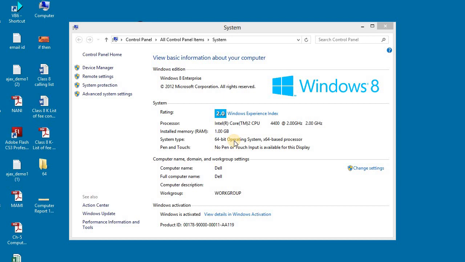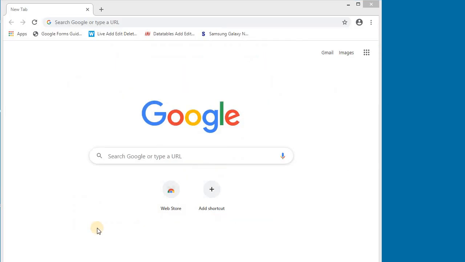After knowing this, now we will download QBasic. For that we will open any web browser. I will open Google Chrome here.